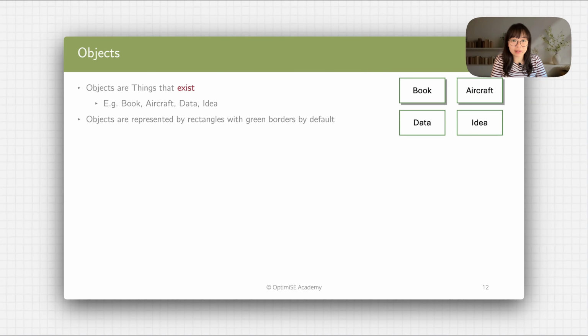Objects are represented in OPM by rectangles with a green border by default. As you can see here, we've got the book object, aircraft object, data object, and idea object as well. And you can see some of them have a shadow and some of them don't. We'll review the answer in lesson 3 of this chapter, but for the meantime, why don't you think why